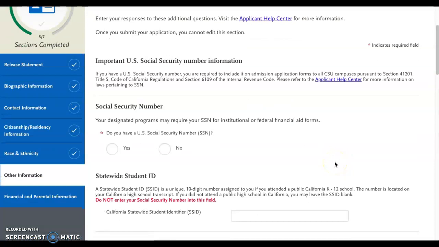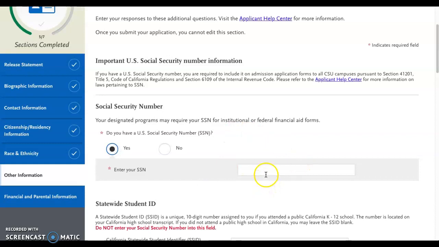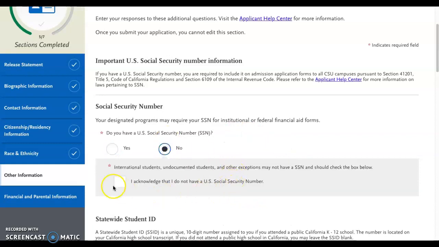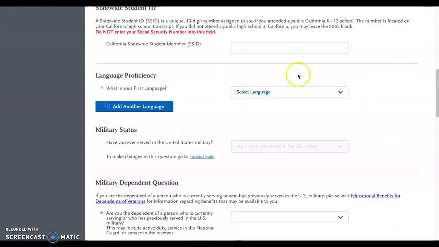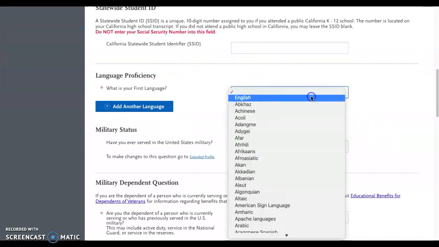Then you will be asked to include your social security number. Please note that it is not a requirement to have a social security number. However, if you have one, you do want to enter it here. But if you don't, you just want to indicate no and acknowledge that you do not have a social security number. The statewide ID is a number that you will find if you went to a California high school. However, if you don't have access to your transcript, you can leave this option blank as it is not a required field. You will also want to answer the following questions about what your first language was,